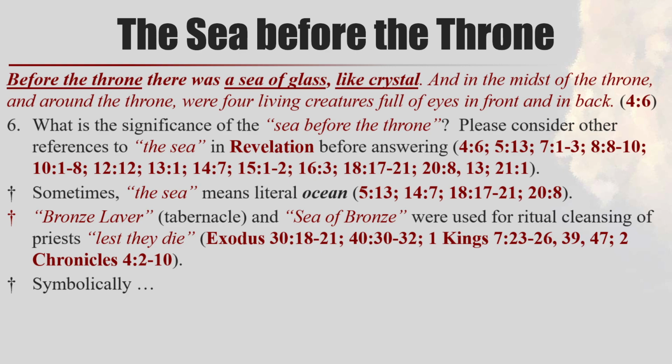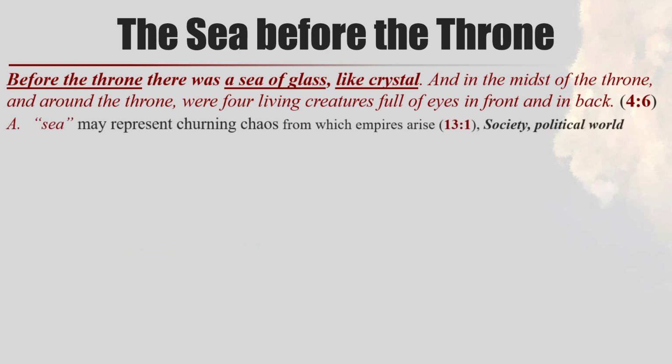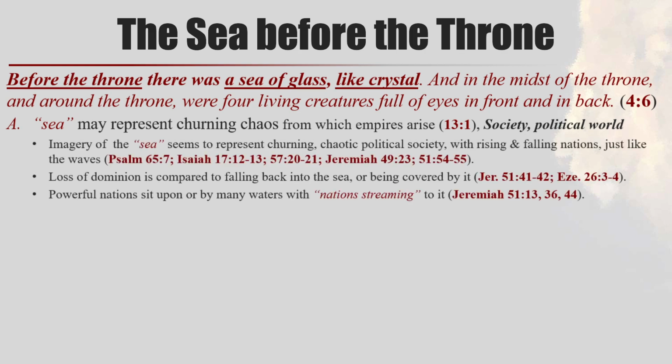So if we look at this symbolically, how it's used in Revelation or in other places throughout the scripture, it's very prevalent that it's used in the other apocalyptic books like Daniel, Isaiah, as well as Jeremiah, to refer to basically society. This is the pool, this is the container for all the world, and it's not just referencing all the people, but it seems to reference the idea of nations and governments, kingdoms rising and falling, people raging and roaring like the waves. That's the comparison that's often made.